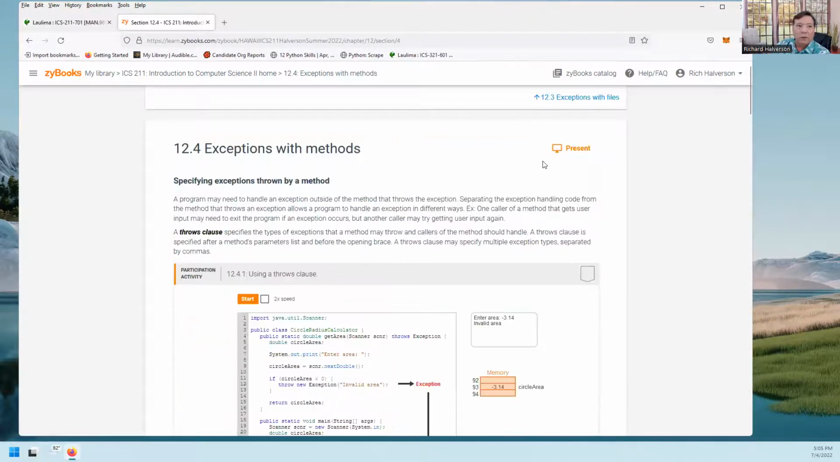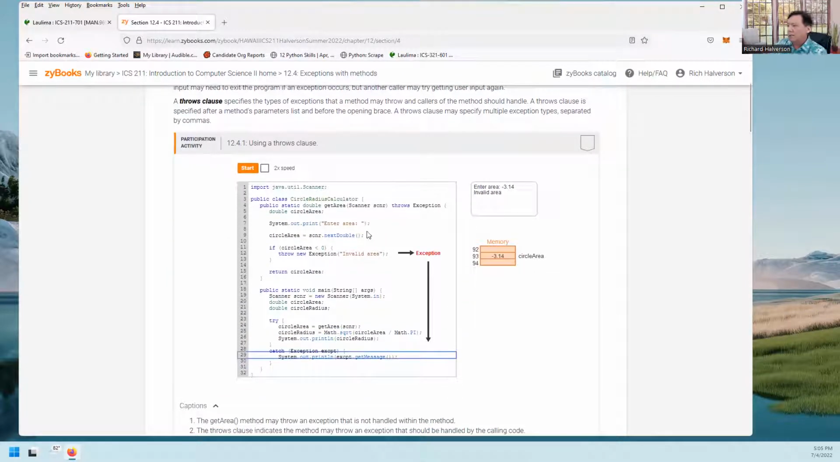Now, when you're using exceptions with methods, an exception could be thrown down in some method. A method calls a method calls a method, and then there's an exception down there. And that method way down there might not handle it. It may leave the handling of the exception to its caller, or maybe its caller's caller. And the way you can do that is when you have a